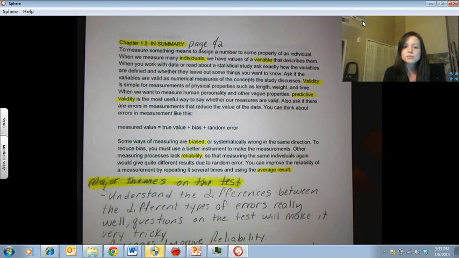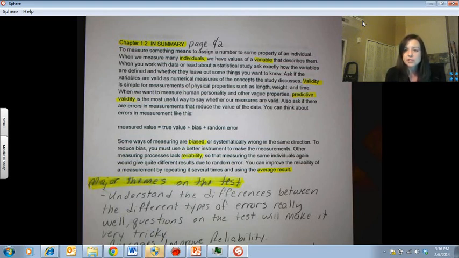But make sure you really understand, if something is biased, it's going to have the same error every time. If I step on the scale and it's constantly 3 pounds overweight, it's always the same 3 pounds overweight, that's going to be an error of bias, okay? Reliability is going to be that you get a different error each time, so that is obviously not reliable, okay? You can improve reliability by averaging the results, and that's going to become very important on the test,